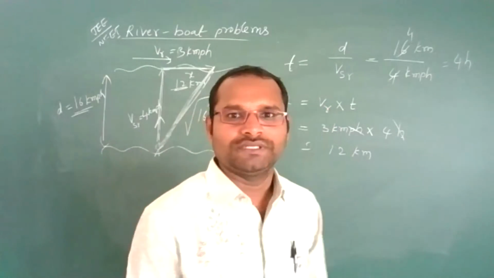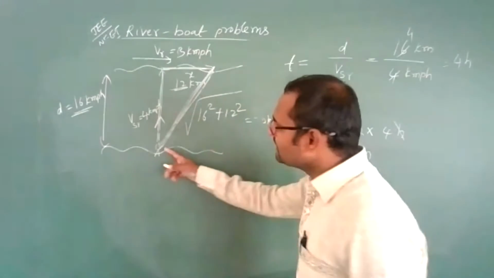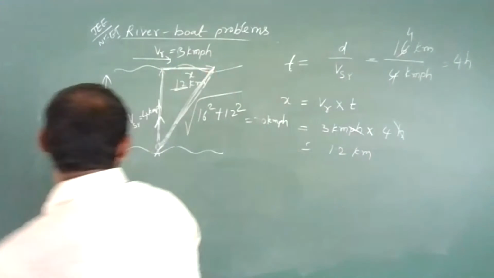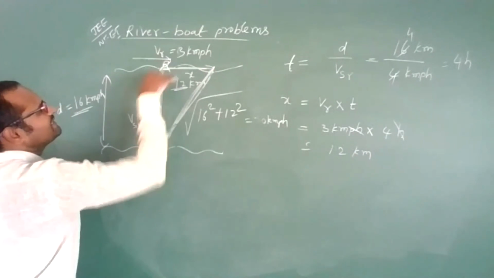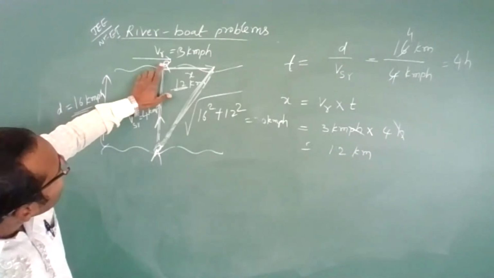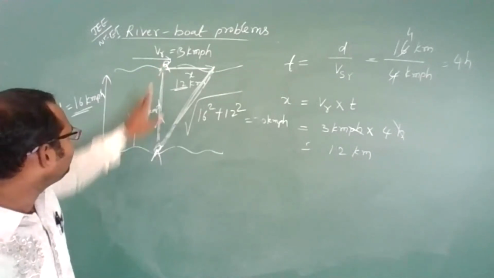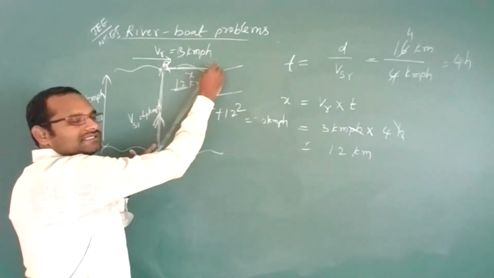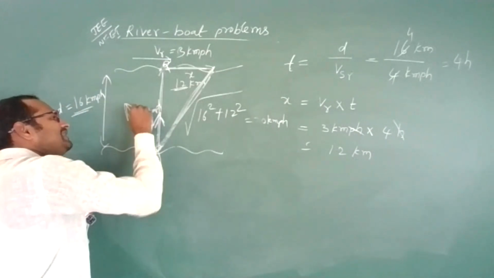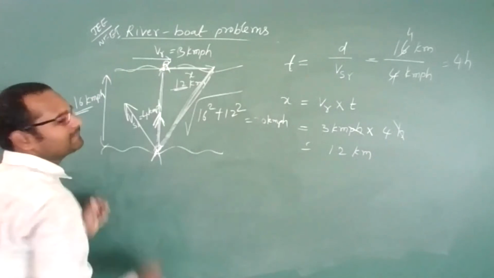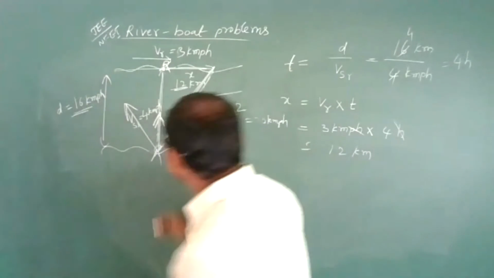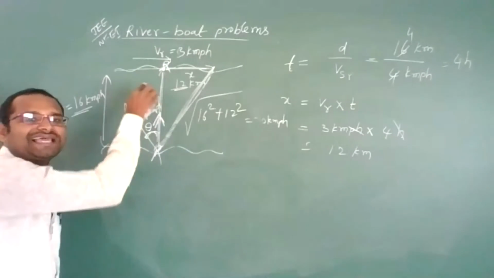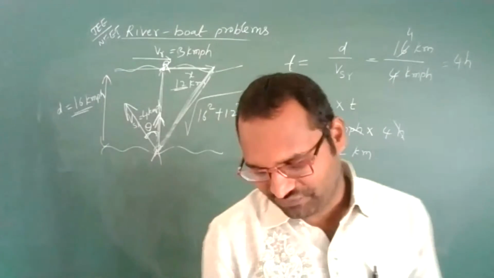Remember. Clear? Yes. Now, suppose because of the velocity of the river, he is drifting like this. But let us imagine that here you and here your friend is standing. You want to reach exactly this friend. Then if you travel exactly like this, you can't reach him. You will reach somewhere else. But if you travel like this, then due to drift, you can reach here. Yes or no? Yes. So they will ask you at what angle you have to swim so that you can reach the exactly opposite point. They will ask this type of questions.